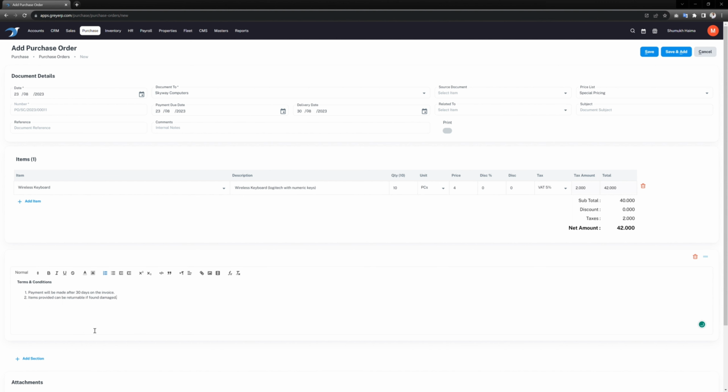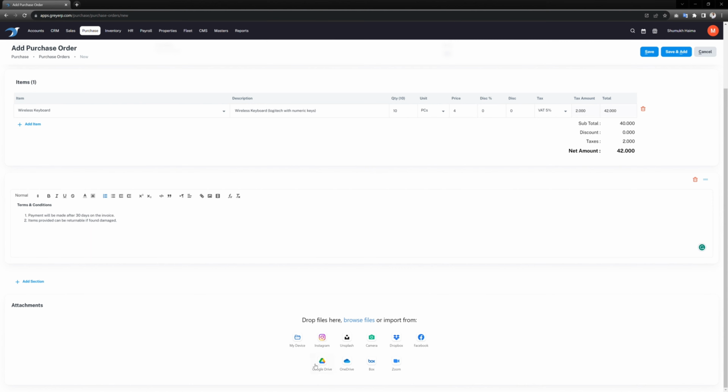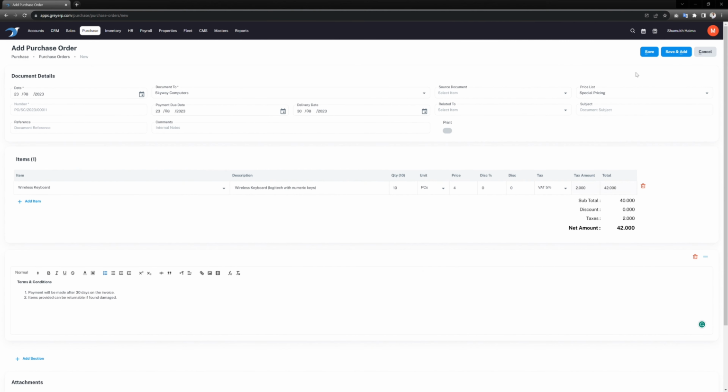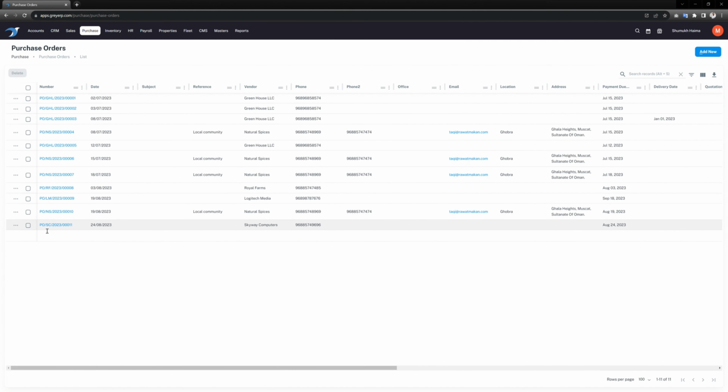Okay, so I want to put in these terms and conditions on my purchase order. So this is done. Everything is good. If you want to attach any document, you can attach a document the same way. Let's save. PO for Skyway